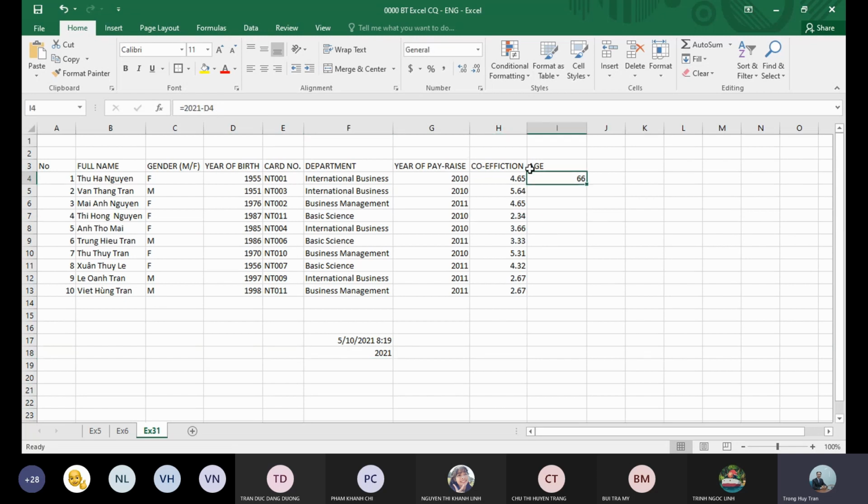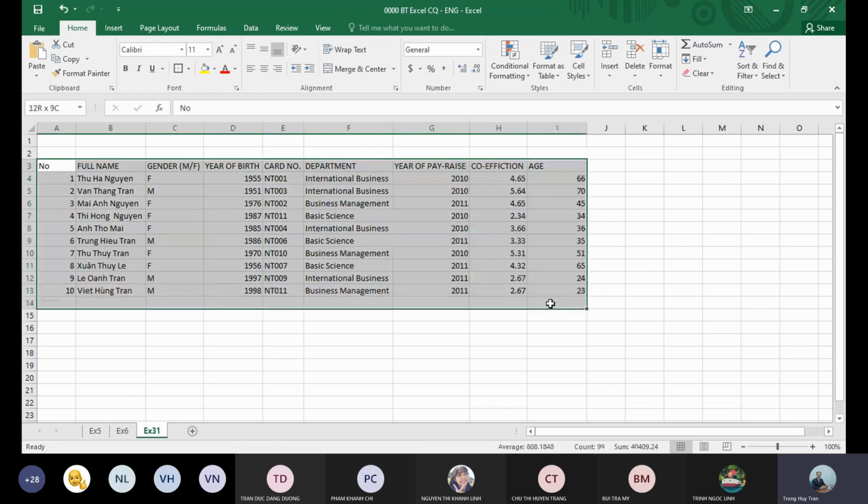So when you want to calculate the age of the people here, you can apply this function: open bracket, NOW, and then close bracket. Remember the syntax of the NOW function: it doesn't have any argument inside. So the same result, 66, but if you type 2021 inside the formula, the score will be 0. You have to apply the YEAR and NOW functions to take out the current year of the system, and then you can copy this one. I will show you how to use the filter function in Microsoft Excel to filter the